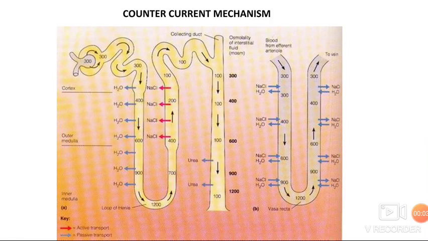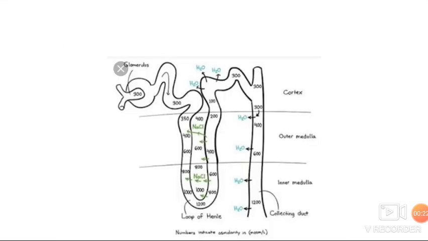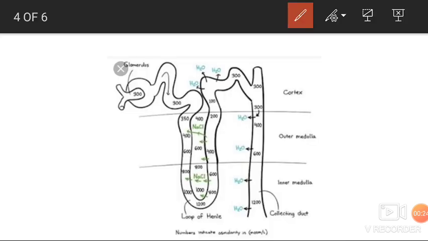Now we were seeing about the different reabsorptions happening in the nephron. We saw yesterday till this part, right? Till that it was 100. Now we'll be moving towards the DCT and the collecting duct. So I'll show you a better picture. Now in this you can see this was 100, and then in DCT, this part is the